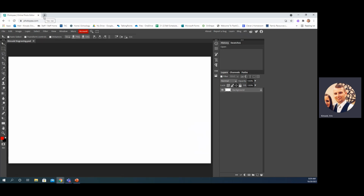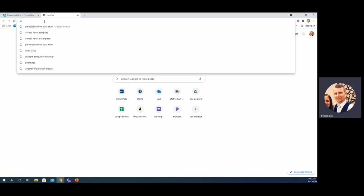If there is gray, that just means that the laser is going to be lighter in those parts. So it may turn out, it may not. You tend to get poor results without setting up that image unless it is black and white only. Okay, so you can grab any image you want. So I'm going to go ahead and